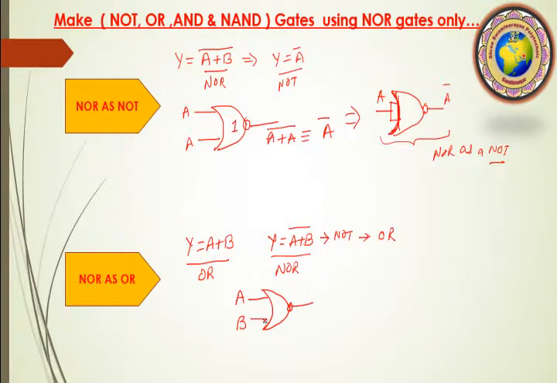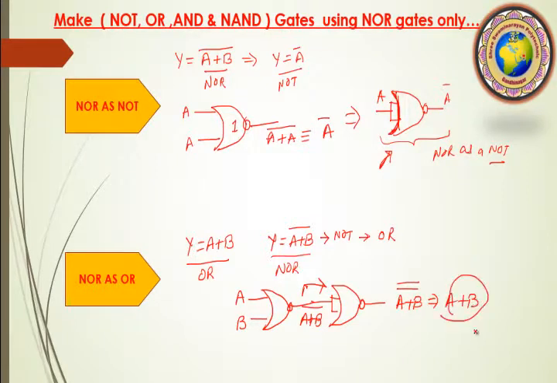Remember, we only use the NOR gate for any implementation or any proof. So here is (a plus b) bar. I don't want this bar, so I add a NOT gate, just using the NOT form in terms of NOR. So once again I draw one more. Here our inputs go in, the output is (a plus b) bar whole bar, so this converts to a plus b. So this is the form of an OR gate.